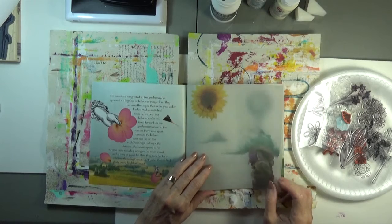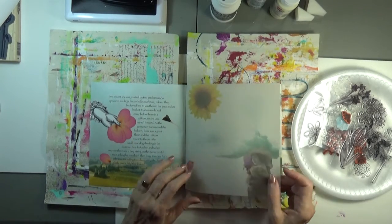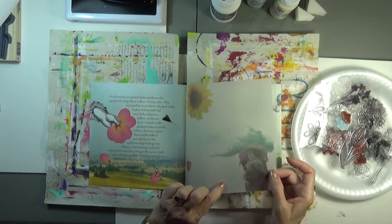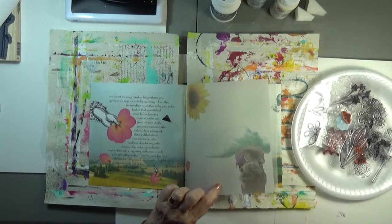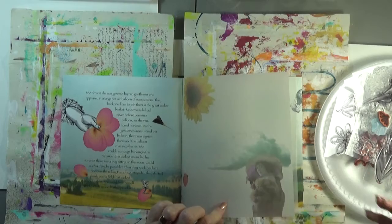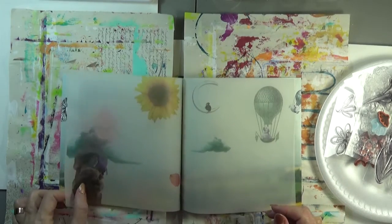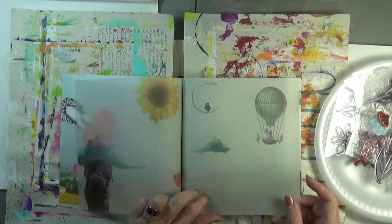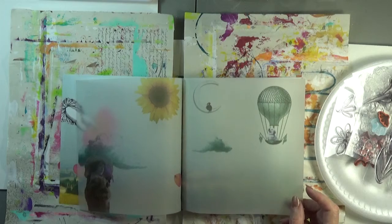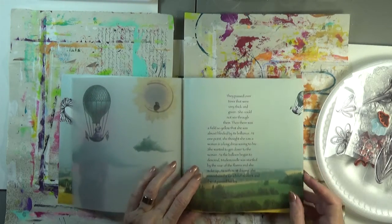So we have that book page. We have these two lovely vellum inclusions, and isn't she just a lovely lady? Let me get in a little bit closer so that you can see her more clearly. And a second vellum, and here is the hot air balloon, and look who's in it. And the last page